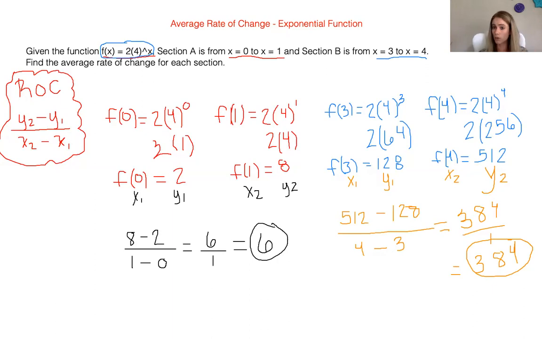The nice thing with this, guys, is sometimes your information will be presented to you as an ordered pair or in a table. And if you already have both your X and your Y values, you can skip the first half. And all you have to do is substitute into the formula. So sometimes you may have to do the extra step and find your Y values. Other times we have given you all the information you need, and all you need to do is substitute in